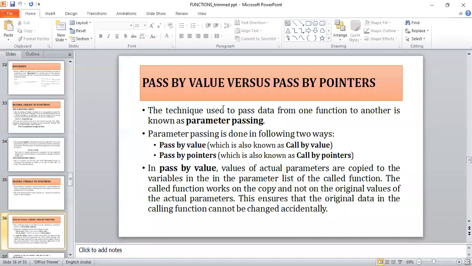Now I'll explain in brief the two types of parameter passing techniques. In the evening session, once we take up the programs, it will be more clear.